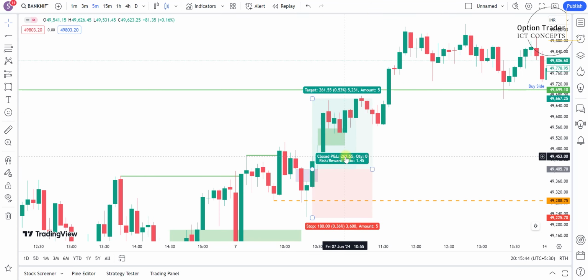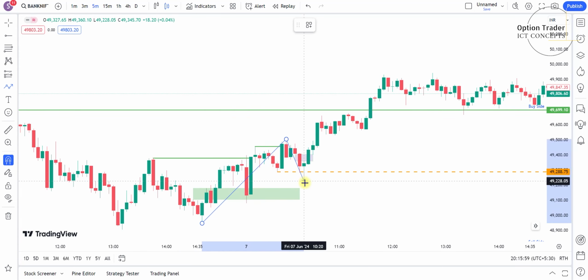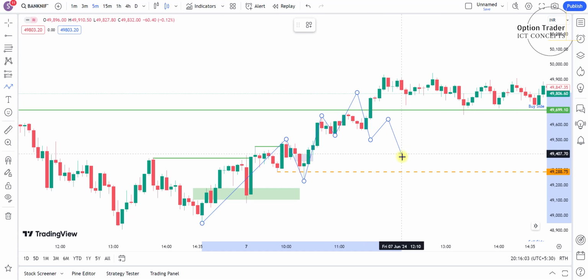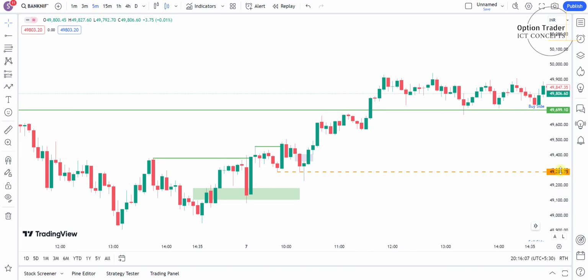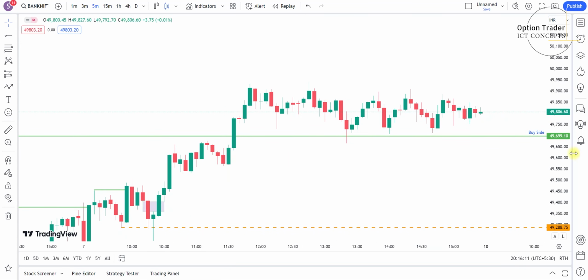Okay. So that was my first setup, and I was expecting a reversal from here. After this price action forms like this, I was expecting a reversal like this actually. If it is forming, I was expecting a good fall to here, or maybe till here. But what happened is that the price was continuously shooting upside, upside, upside, and it was continuously sustaining over